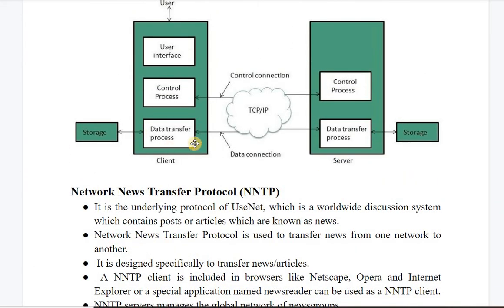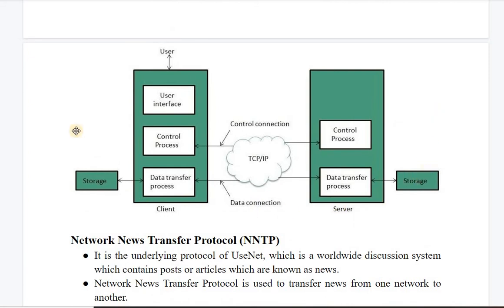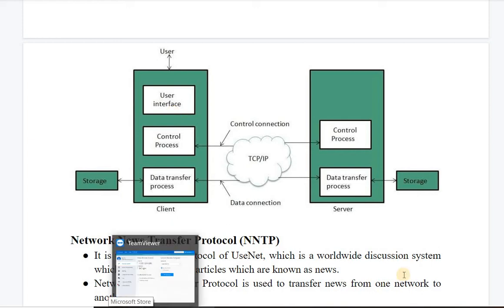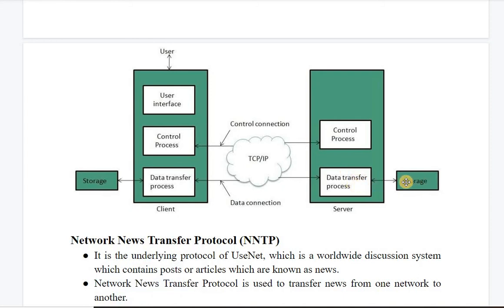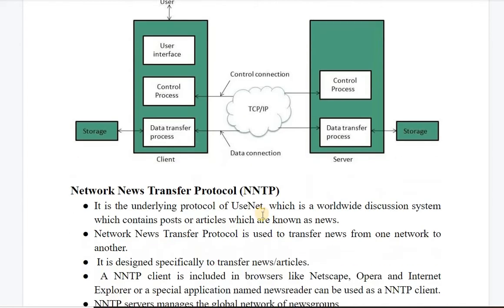So this is the working diagram of HTTP over the TCP/IP protocol stack. So this is the user or the client program or computer. This is the server computer. So the user or the client or the web browser contains the user interface, because the web browser is the client through which the computer communicates with the server. So this is the server, and this is its storage. This is the TCP/IP. First of all, data connection and then control connection. So both ways the control and the data information is passed.